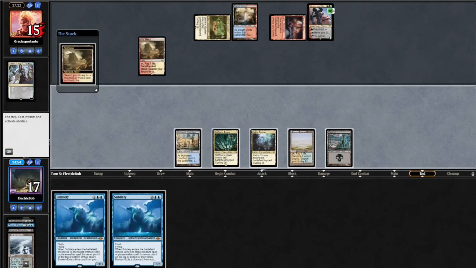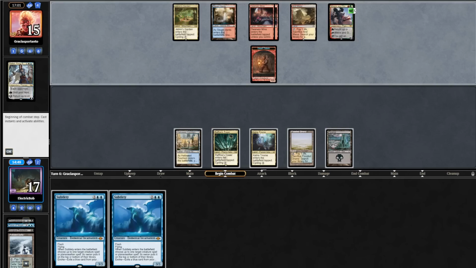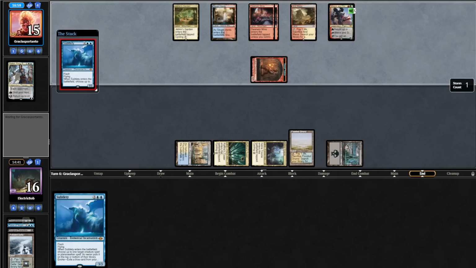We draw a Flooded Strand. On our end step, they get a 1/1 off the Dwarven Mine. Opponent ticks up with Wrenn and plays down a Mesa, attacks us down to 16. And on their end step, we'll run out Subtlety into their Lightning Bolt, and they do use the Bolt,